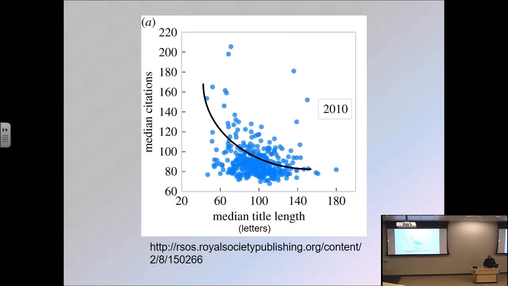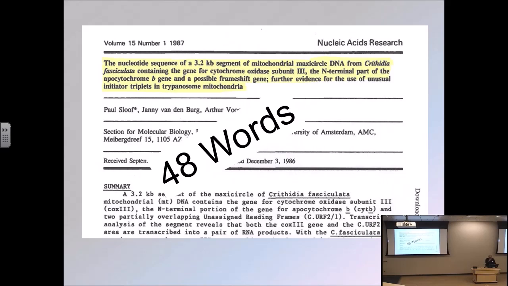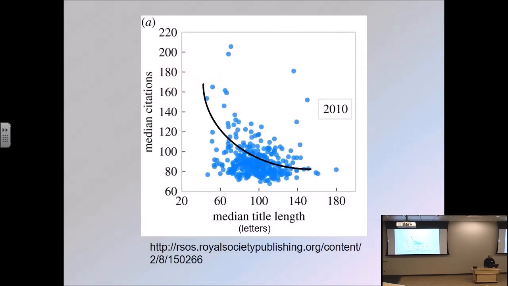The problem you face with those kind of titles is it is statistically demonstrable that there is a correlation between the citation rate of the paper and the length of the title. And you can see from this, if you have a title with more than 100 or so letters, the citation level goes down dramatically. So with a title such as this, on average, your citation level is going to plummet because people just simply aren't going to read the paper. And they often don't cite what they don't read. So you have to bear in mind that obviously shorter is better.